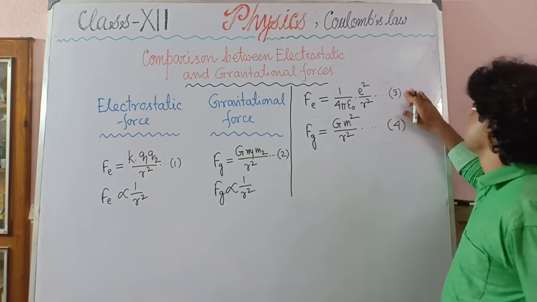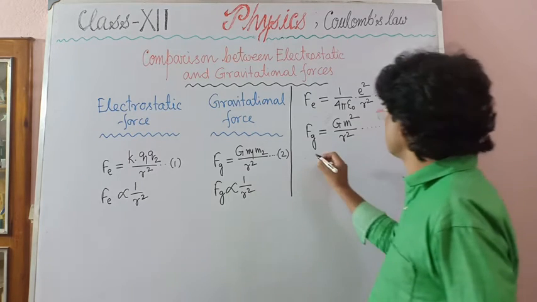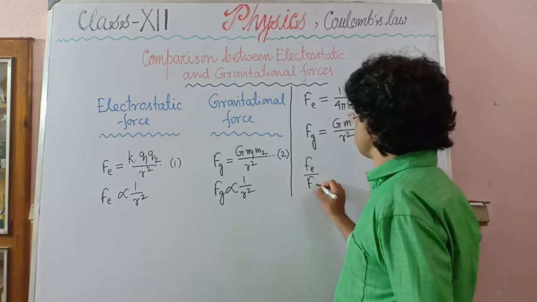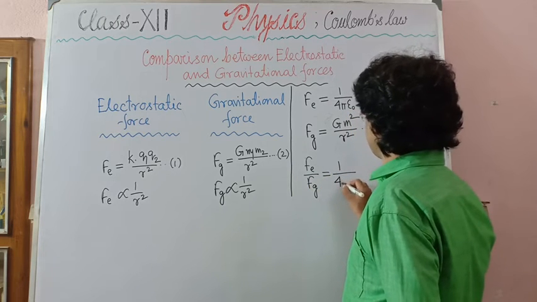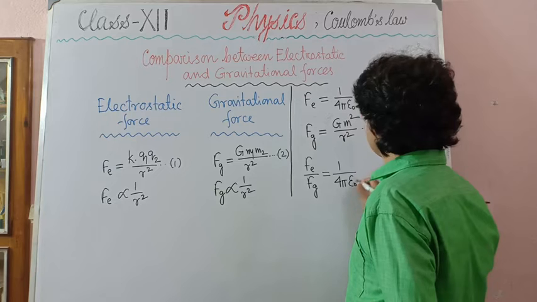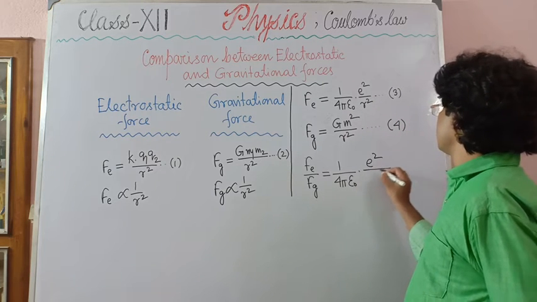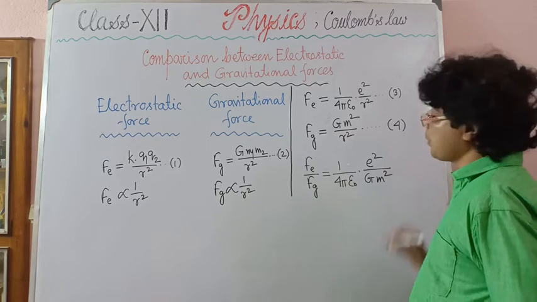Dividing equation 3 by 4, we get Fe by Fg equals 1 by 4 pi epsilon 0 e square by capital G m square,